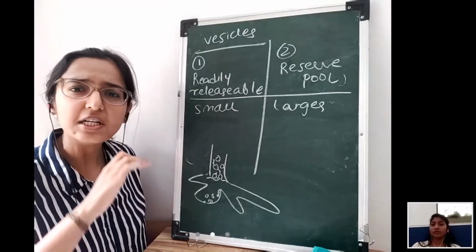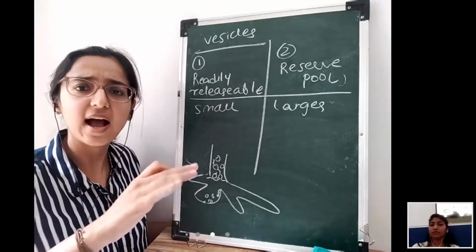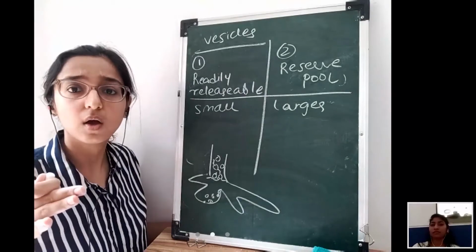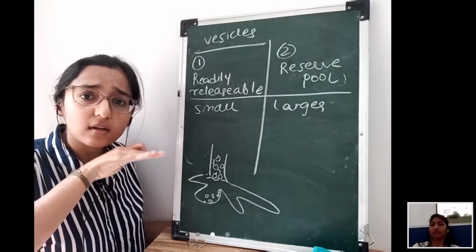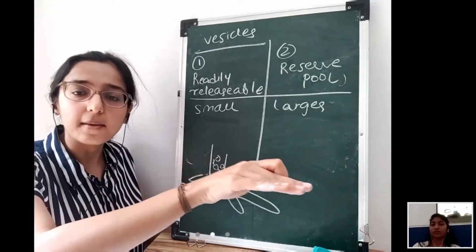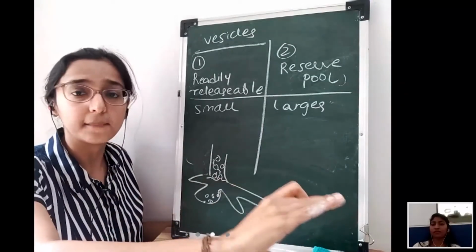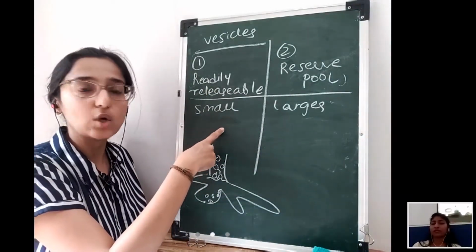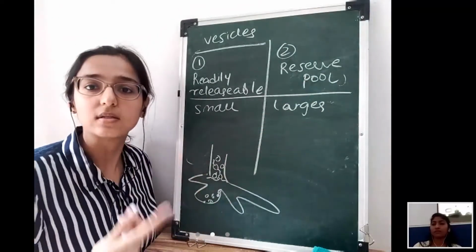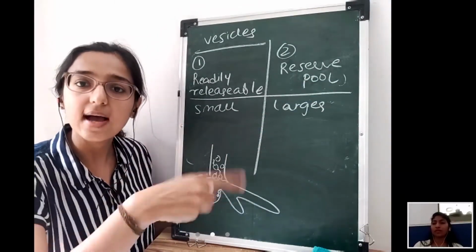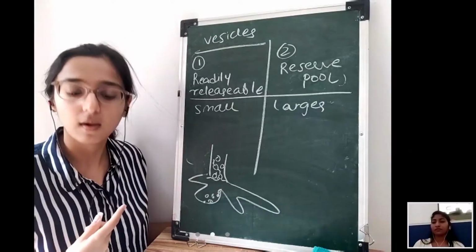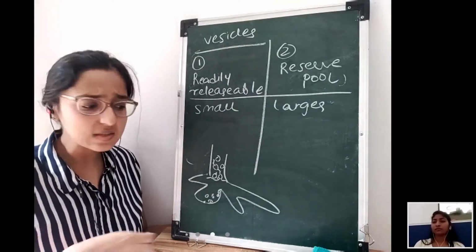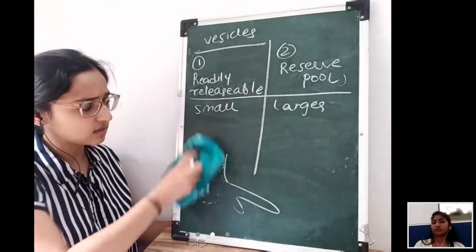If the nerve is continuously stimulated, at very high frequency with repeated stimuli, or stimulated constantly for a very long time, that's the time when this will get exhausted. If this gets exhausted, then the reserve pool is mobilized, and the acetylcholine from the reserve pool is used. So is this part understood, that there are two vesicle pools?